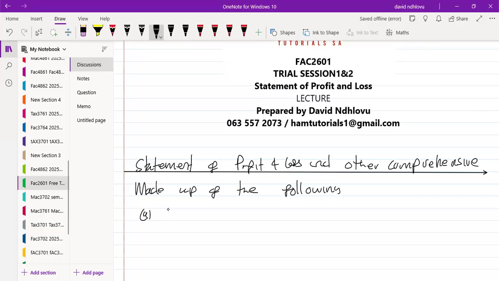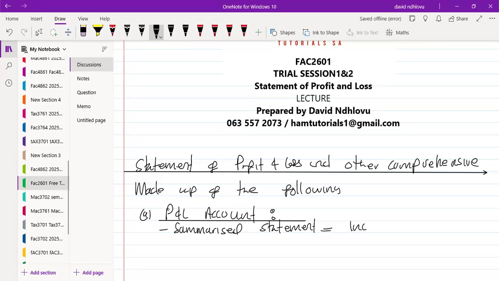So there is the actual P&L, the P&L account. You get the statement of profit and loss itself. This particular statement of profit and loss is summarized, meaning you don't disclose all the information concerning all the income and expenses. So this is a summarized statement, including selected balances